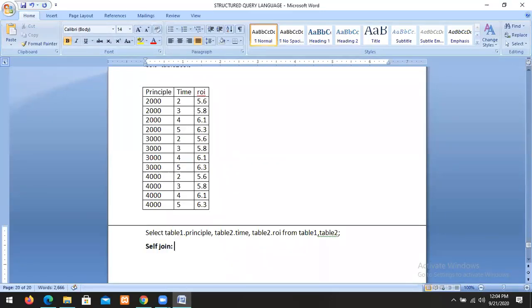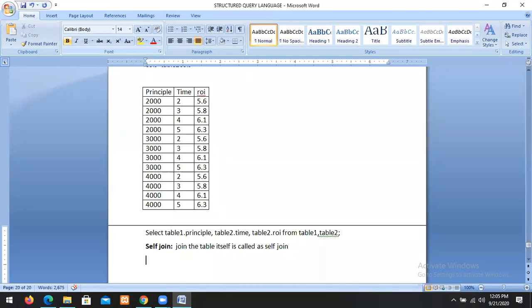So what is a self join? Joining the table with itself is called a self join. Suppose we want to join a table with itself.